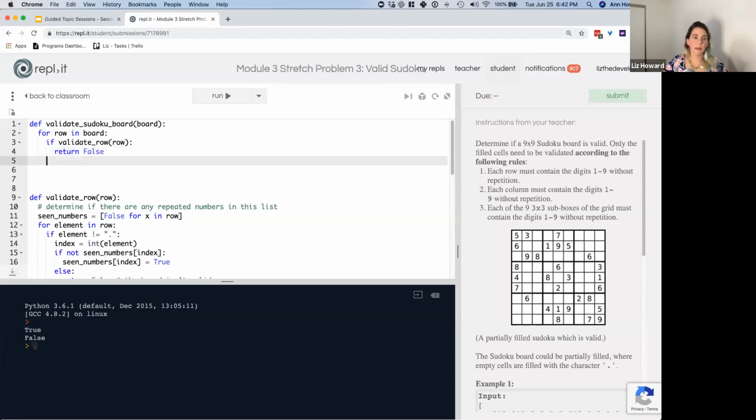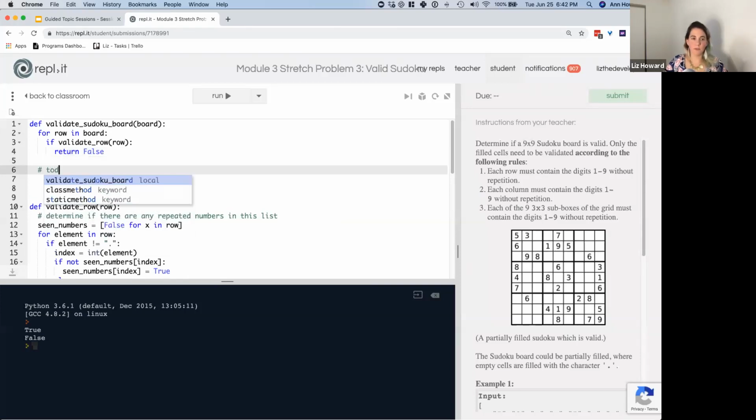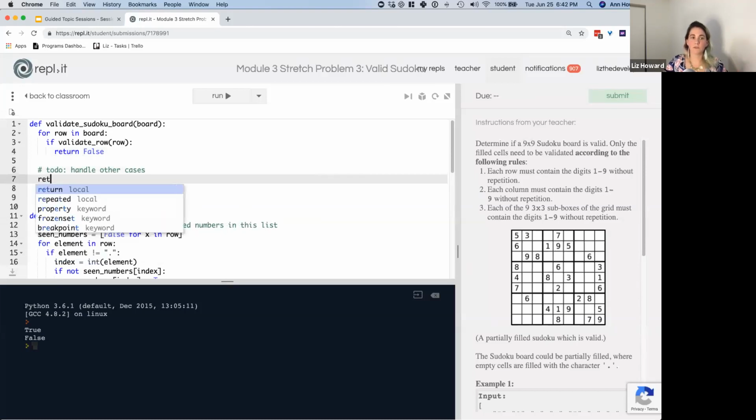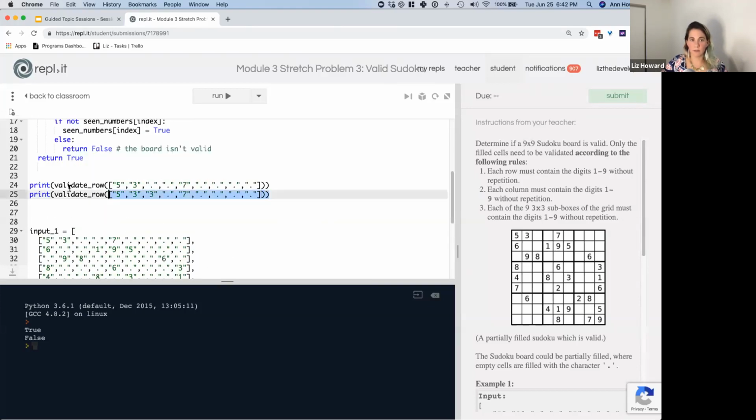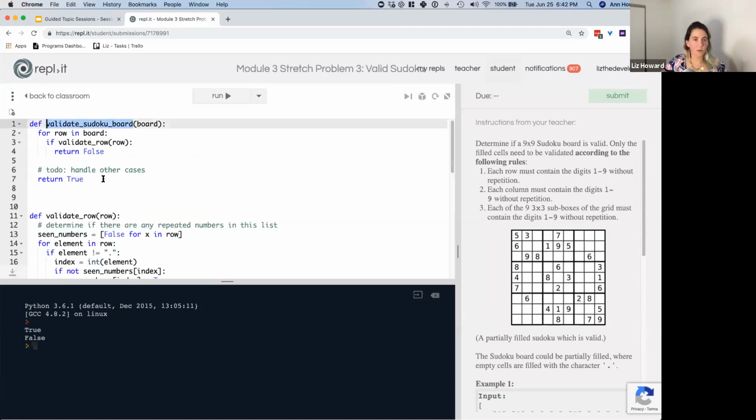Okay, and then I'm going to write a TODO, handle other cases, to make myself a note, but I'm just going to return true here, to make sure that all the pipes are hooked up. You know what I mean? So now I should be able to check every row in the board. And so I'm going to get rid of my validate row calls here, and I'm just going to call validate Sudoku board